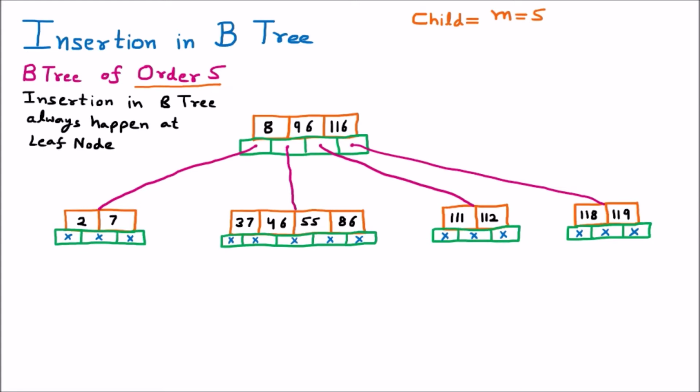And talking about the keys, we know that keys are always one less than the children, so the maximum keys which are there in this particular tree should be m minus 1, and that will be equal to 5 minus 1, that is 4. So this is the condition of maximum children and maximum keys. These are the properties of all the MV trees, either it is the MV tree, MV search tree, or the B tree. So this property is the same.